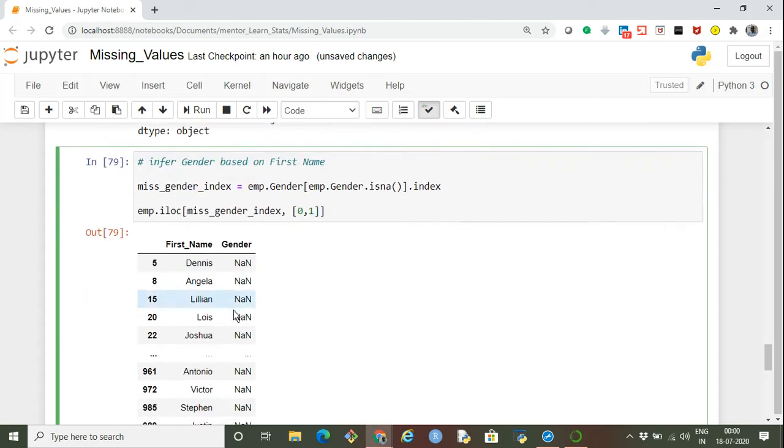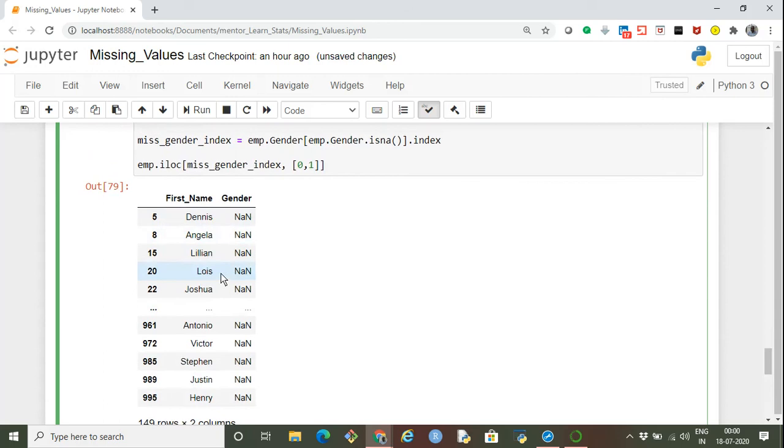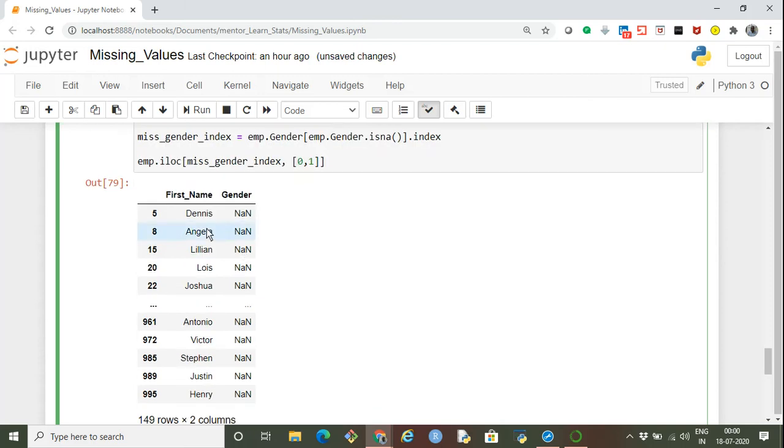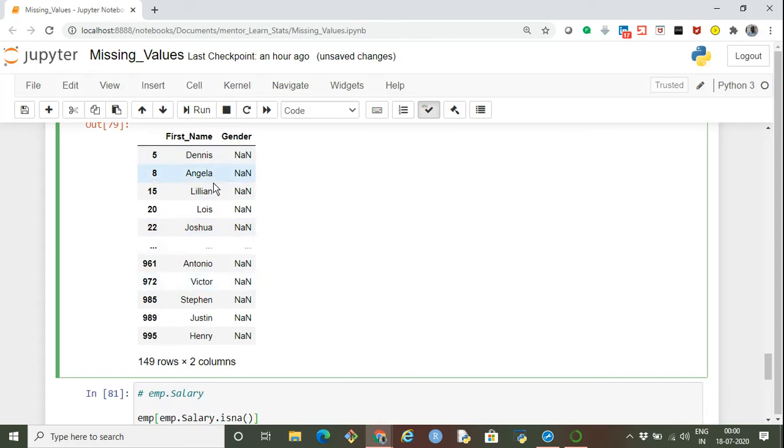So first I'm finding all those records in which gender is missing, finding the index of such records, passing the index to the employee record and selecting only two columns, first name and gender. So these are the ones in which gender is missing. For example, employees like Dennis, Victor, Stephen, Justin, Henry, Antonio, we can straight away say these must be male. So we can assign male directly to them.